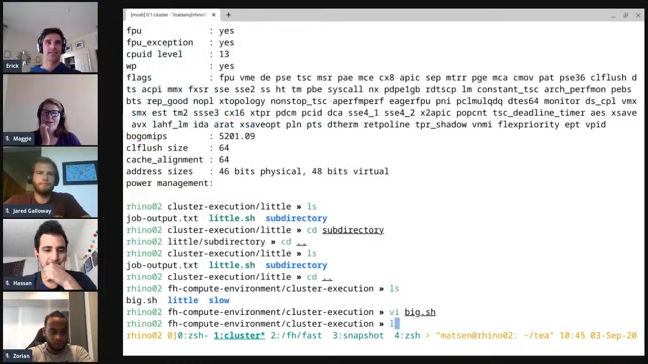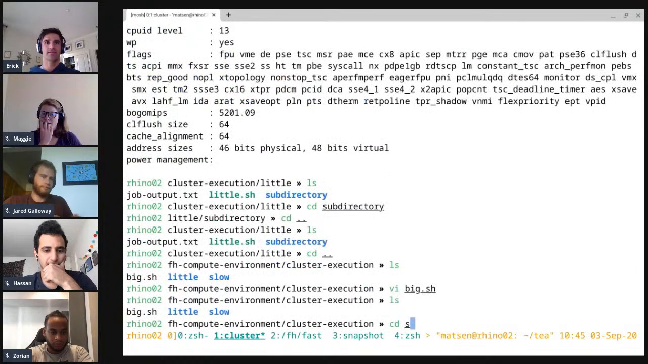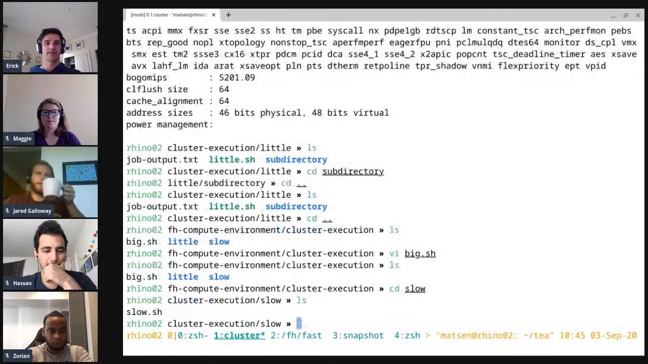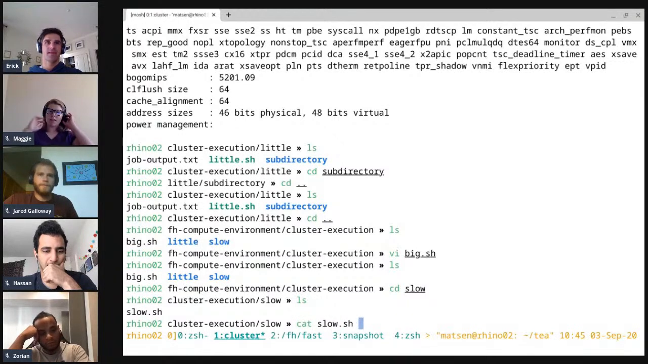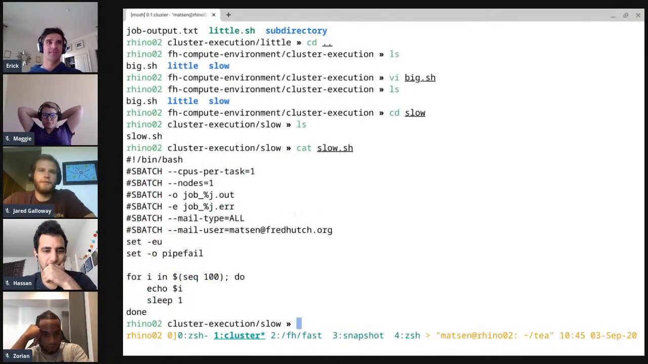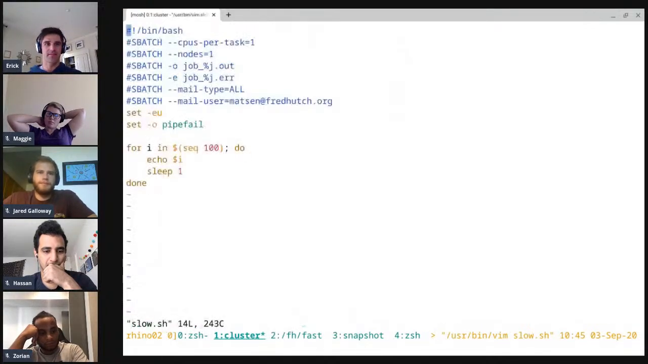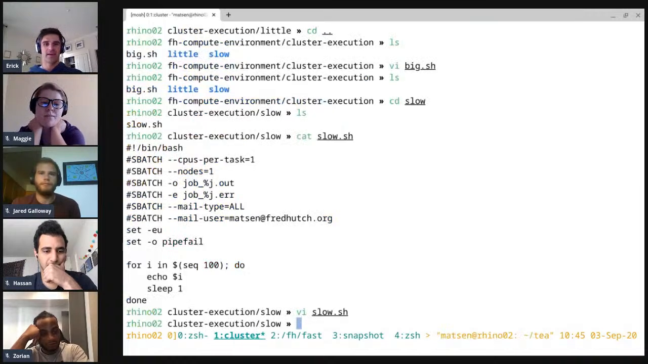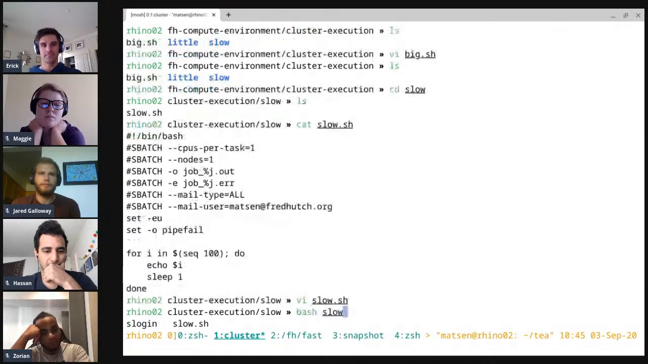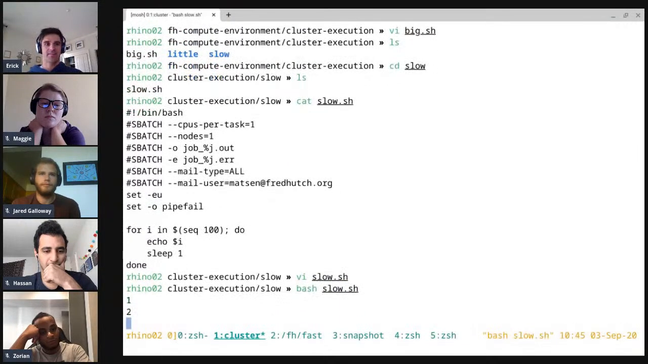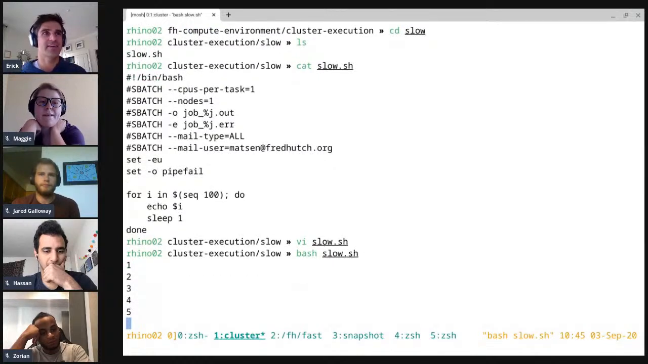So that's an example of a slightly bigger script. So let's look at something that's a little slower. Here's an example of a slow script. All it does is it counts up to 100, and it echoes that number, and then it sleeps for 1 second. So if we do this, here we go. It is not a very exciting script,